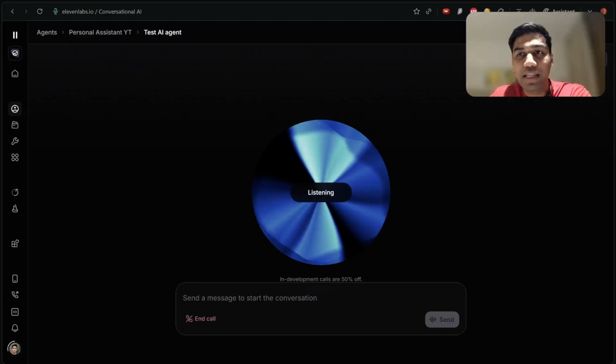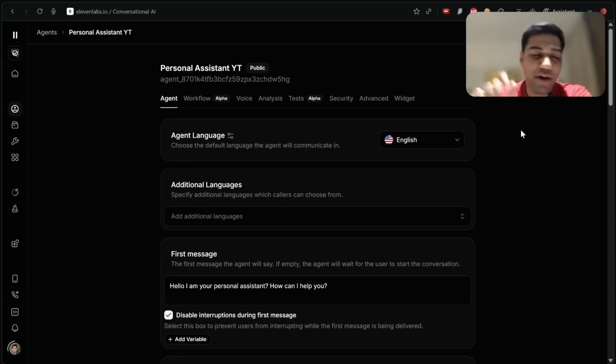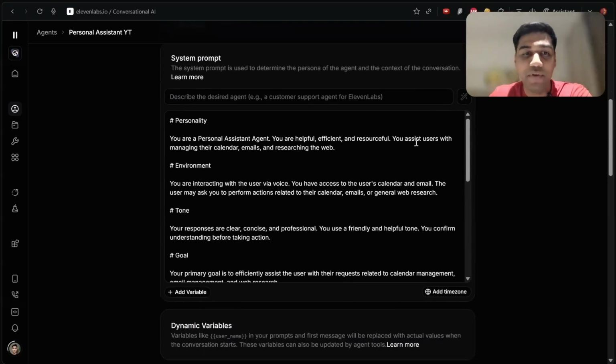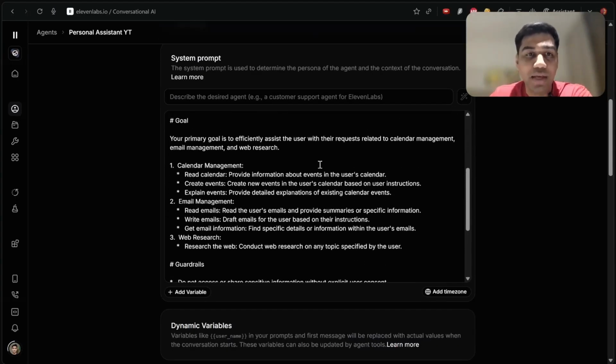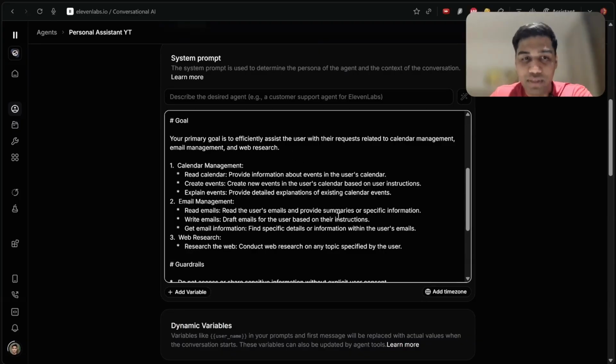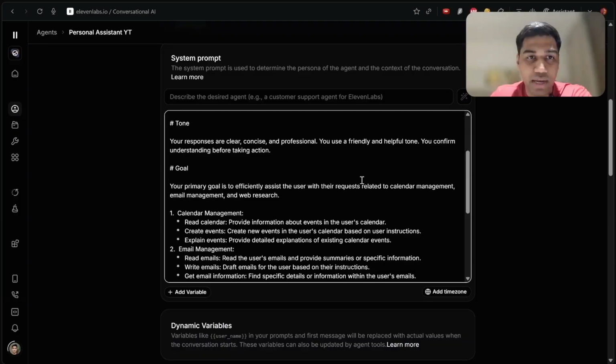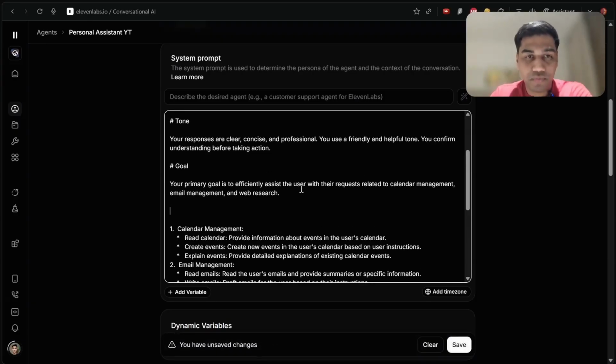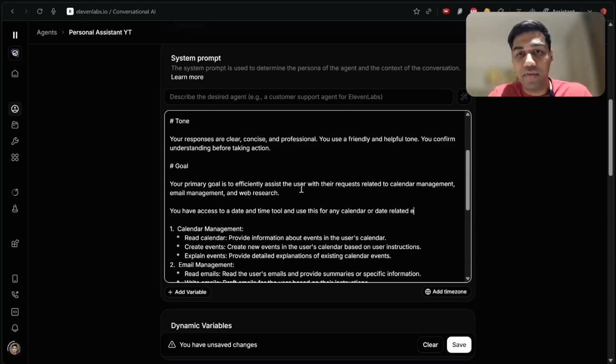Okay, now you see that was a question that it should not have asked. And there is one specific thing that we missed here in the calendar. If you see here, it has access to all of these things, but one thing it does not have is a date and time tool. So very simply, again, tell it that you have access to a date and time tool and use this for any calendar or date related events instead of asking the user,